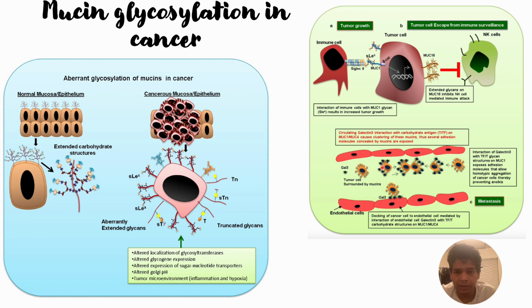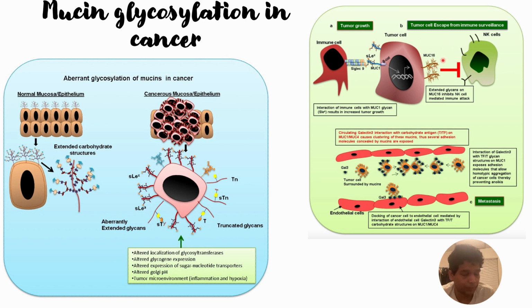We can see one example of this metastasis on the right-hand side, in which the tumor cells that have these truncated glycosylation structures on the mucin have SLeX Lewis glycans, and this can interact with the immune cells, and that will trigger the movement of beta catenin into the nucleus,